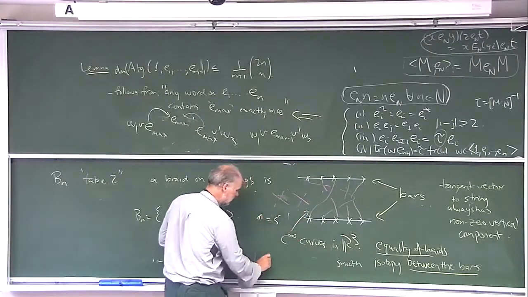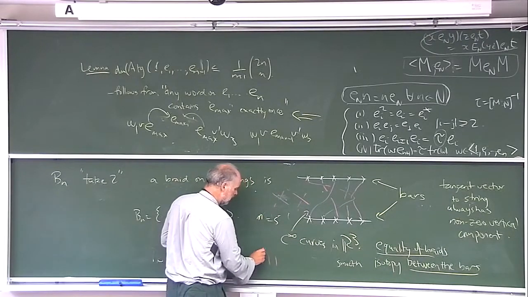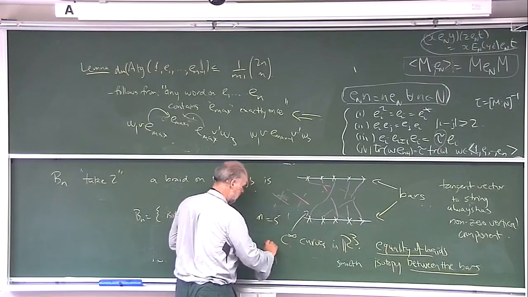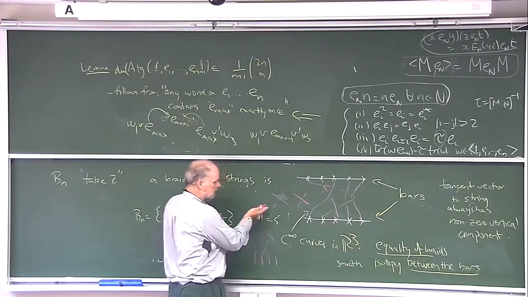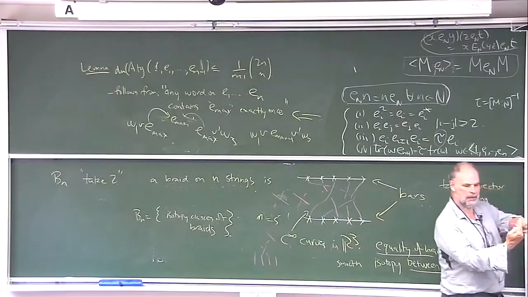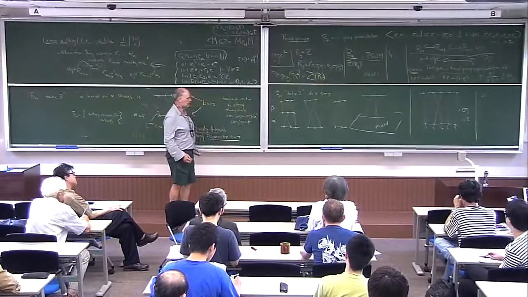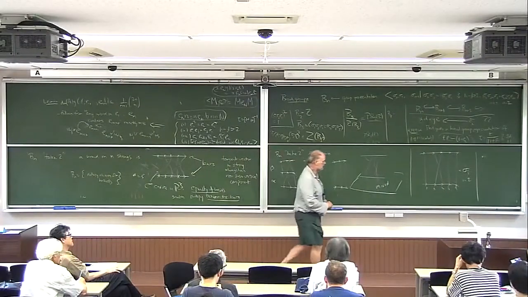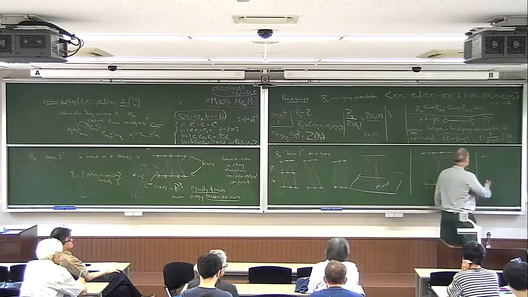So we see that any braid is actually a sequence of a crossing here, then a crossing somewhere else, and a crossing there and so on. So it's manifestly a word on the sigma i's and their inverses, depending on whether the crossing is over or under. So certainly the braid group is generated by these sigma i's,